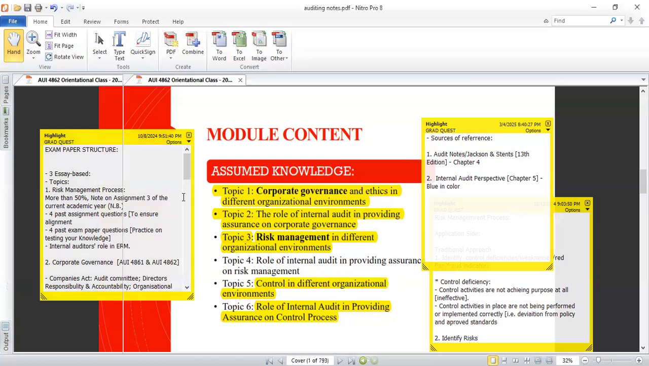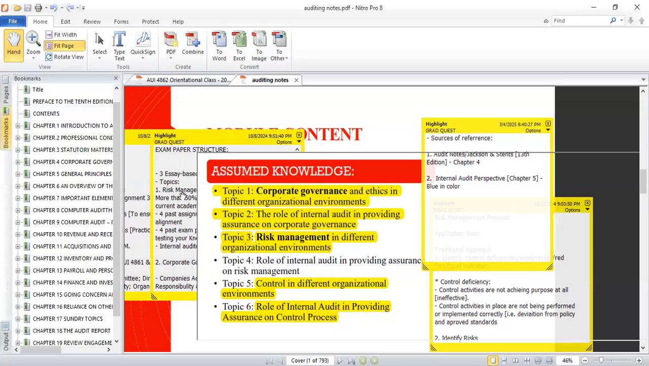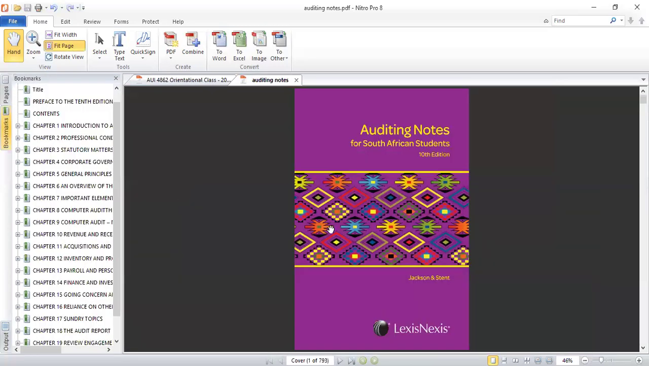The version of the audit notes I'm opening is a bit of an old version of the textbook. The reason why I often use this one when I'm presenting my sessions or classes with you is because I have made footnotes, or should I say notes, in the textbook. You'll notice there will be footnotes